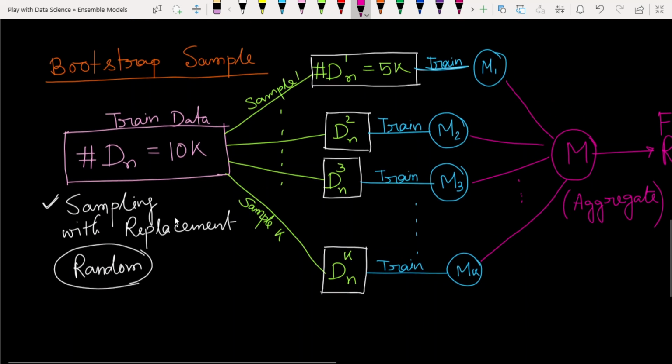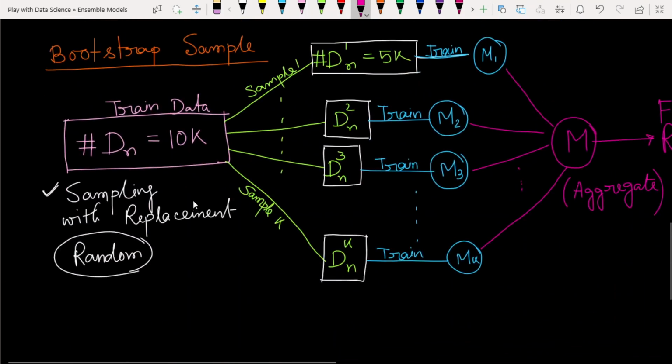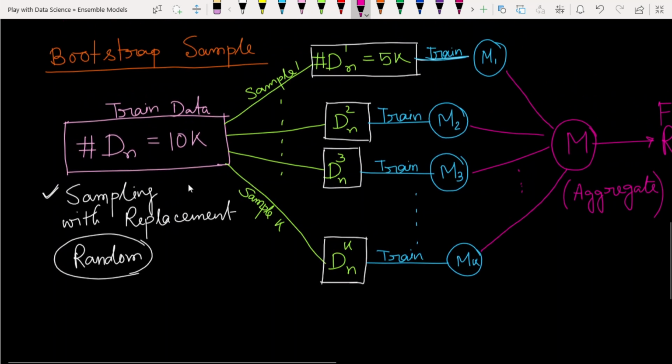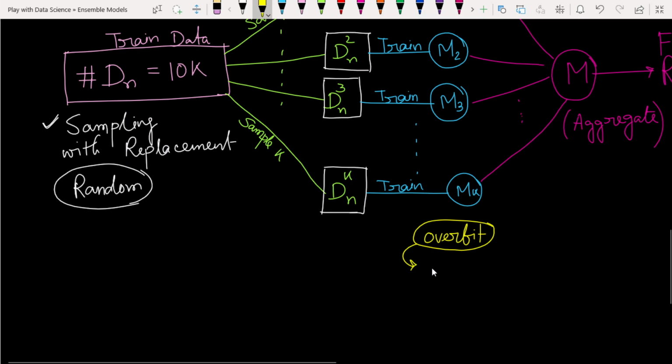Now, the advantage of this bootstrap sampling, we have also discussed in this topic, but now again the motive of the discussion is variance: what is the actual advantage of bootstrap sampling? Okay, let's see. In these models we have high variance models, meaning overfit models. Overfit means what? In the base model there is some variance,